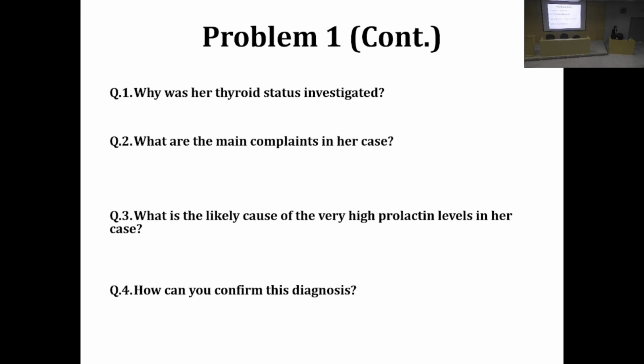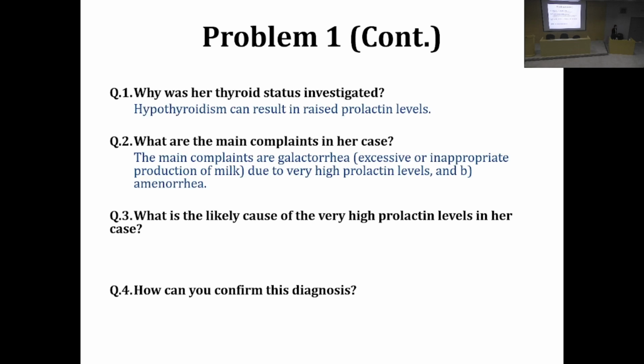Why was her thyroid status investigated? Which thyroid status causes high levels of prolactin? Hypothyroidism is known to cause increased prolactin levels. What are the main complaints related to the prolactin levels? Her main complaint was the galactorrhea. You mentioned this. And also the amenorrhea, and you told me that it was due to the suppression of the